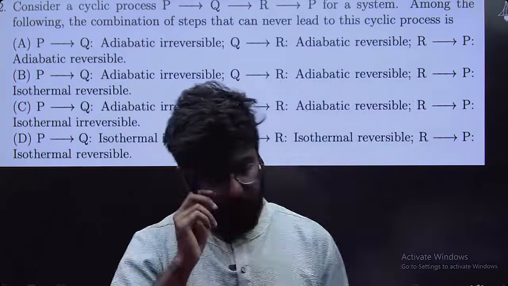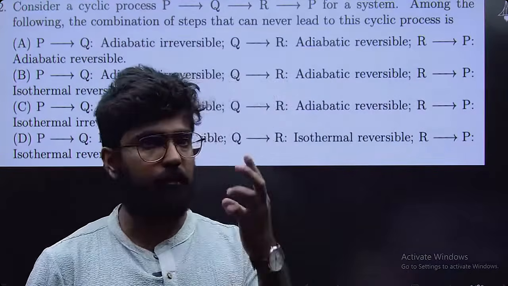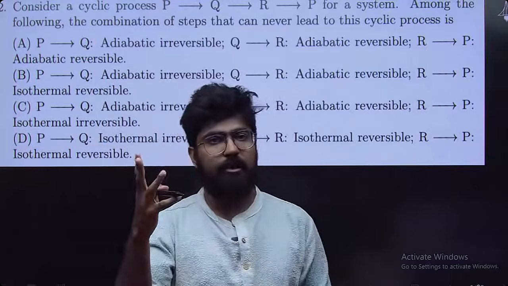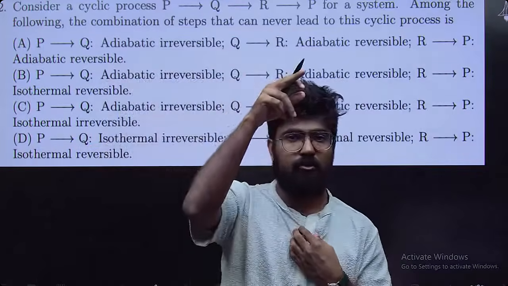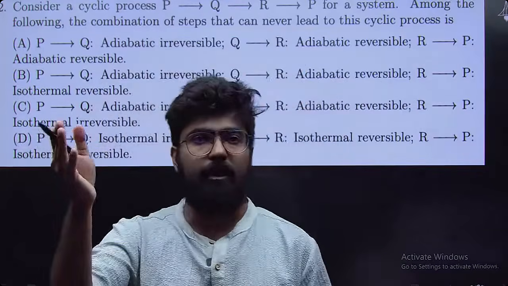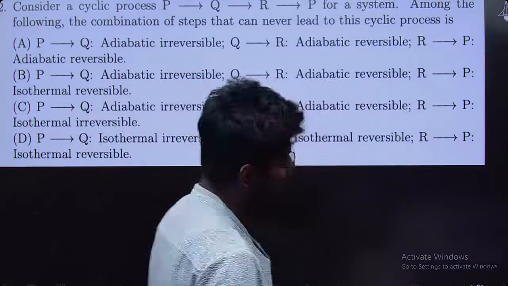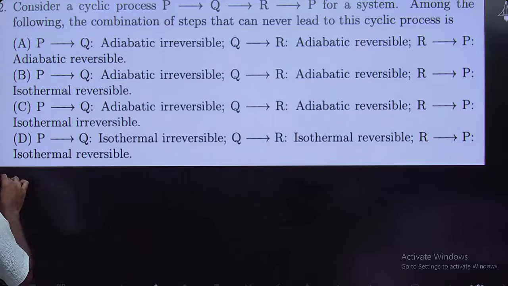So this is how you need to understand that at least you need to have three steps to get a cycle. And if there are three steps, cycles will be expansion, expansion, then final compression back to the original position. And if there are four step cyclic process, then expansion, expansion, compression, compression, right? Are you getting me? So here there is a three-step process, and if we just try to understand all the